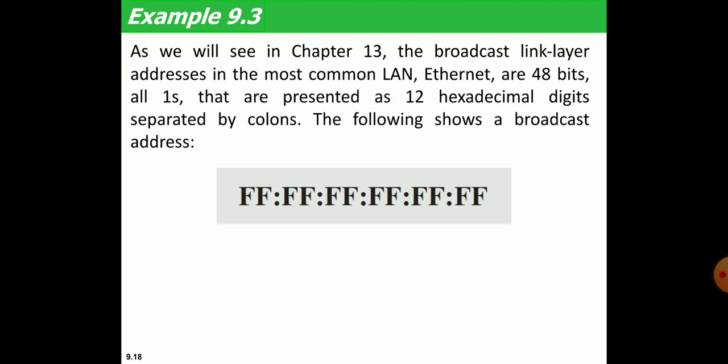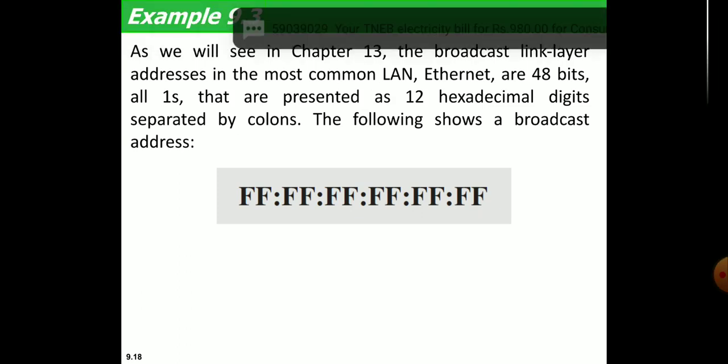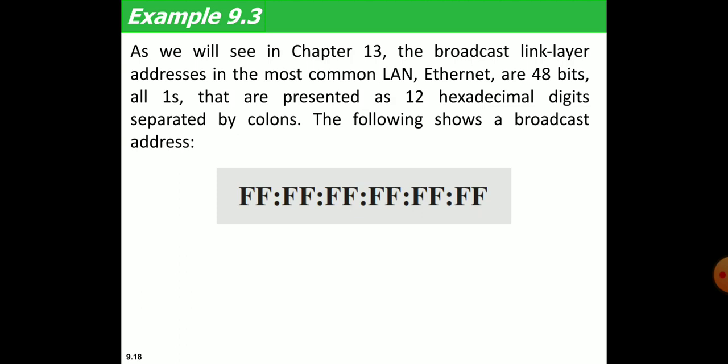So again I am repeating, one is unicast, another one is multicast, and another one is broadcast. We all know unicast is one-on-one communication. Multicast is where one particular sender or a group of senders sends data to a group of nodes which are authenticated, authorized, or categorized under a particular multicast group. A group may have a group ID or a group-targeted IP address. What about broadcast? One node or many nodes can broadcast data to many computers. The best example is FM broadcast. For this we have a MAC address of all F's, so all my 12 hexadecimal characters are going to be F in the case of a broadcast address.